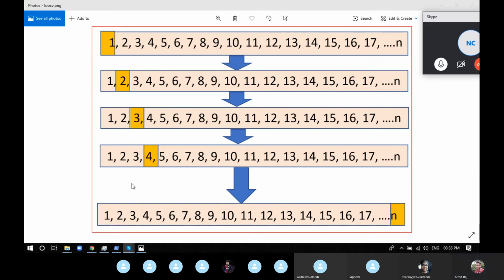Theoretically, LOOCV gives us the most accurate average value, because we are training our model on the maximum amount of data possible. But the problem with LOOCV is, just imagine you have a training data set of 1 million rows.